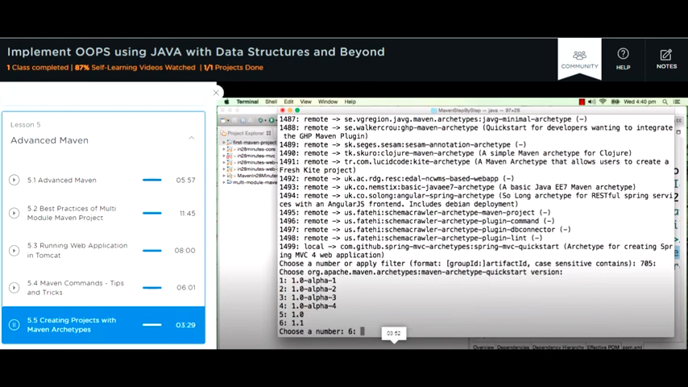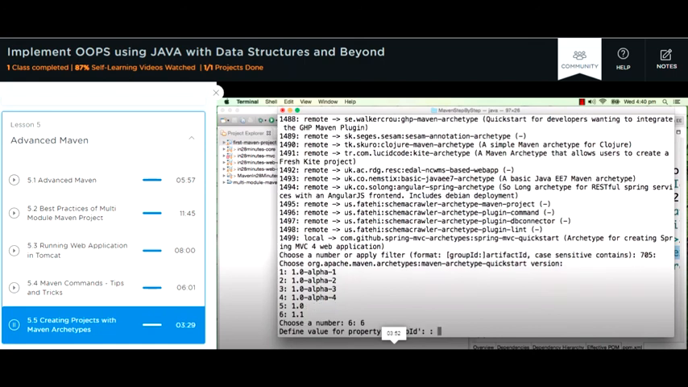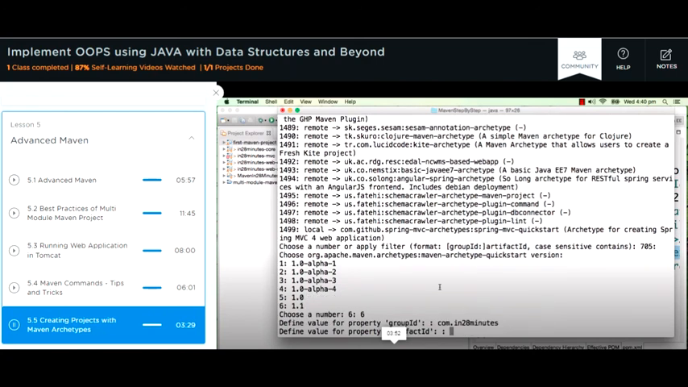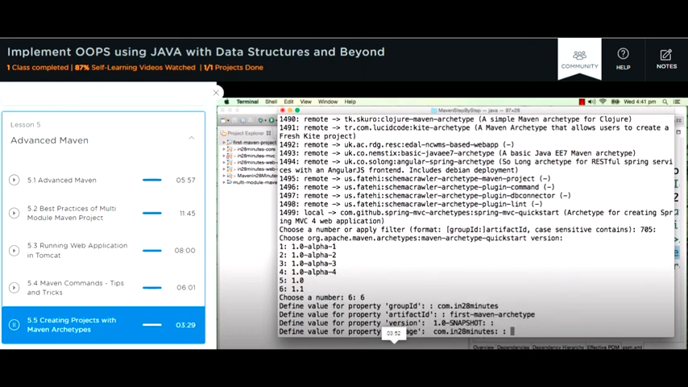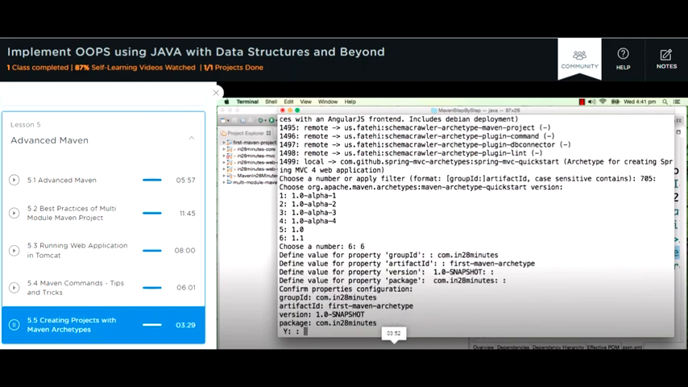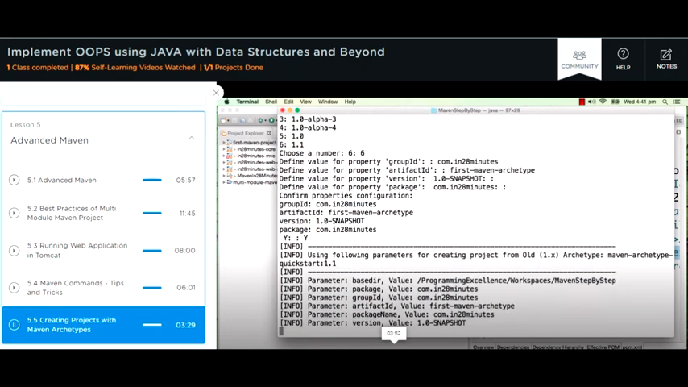So I'll just press 705, and it's asking what is the archetype version you would want to make use of. I'll use the latest version, which is 1.1.6, so I'll type in 6. I would want to give a group ID, so com.in28minutes, and artifact ID I would give first-maven-archetype. The version I would leave at 1.0-SNAPSHOT. Package I would leave as com.in28minutes, and it's asking for a confirmation finally, and I'll say yes,